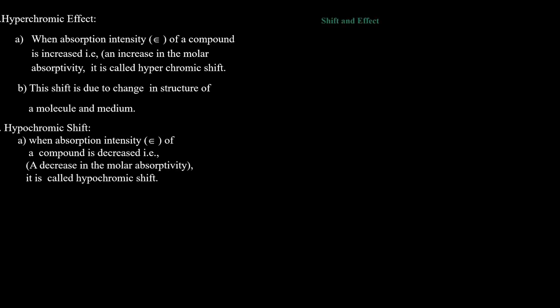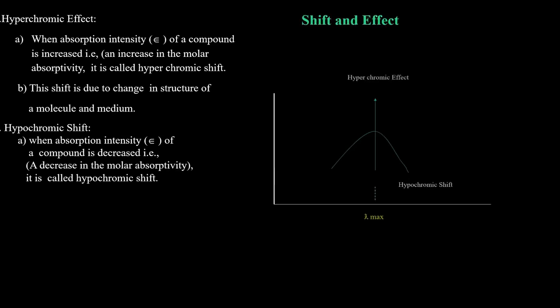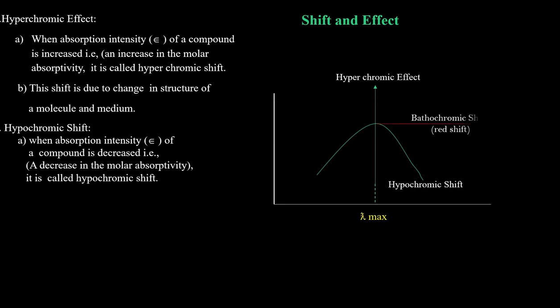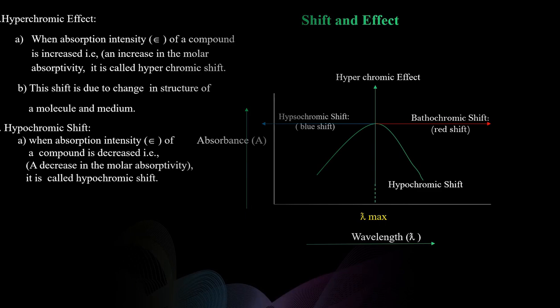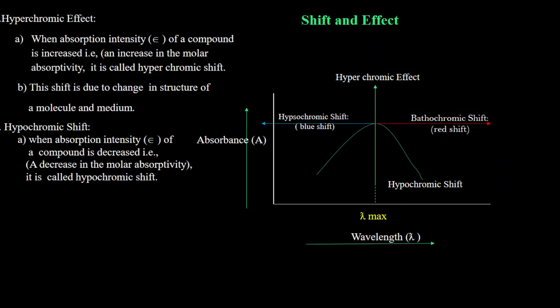In hyperchromic shift, we will discuss when the absorption intensity of a compound is increased, that is, an increase in the molar absorptivity, then it is called hyperchromic shift. This shift is due to change in structure of a molecule and medium. And the fourth one is